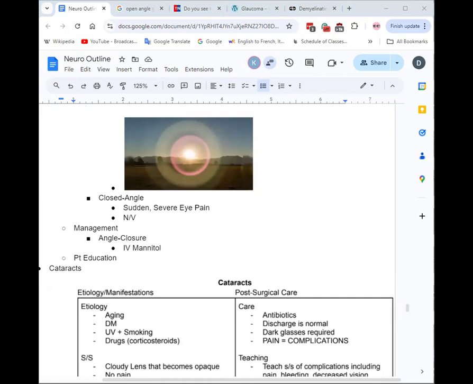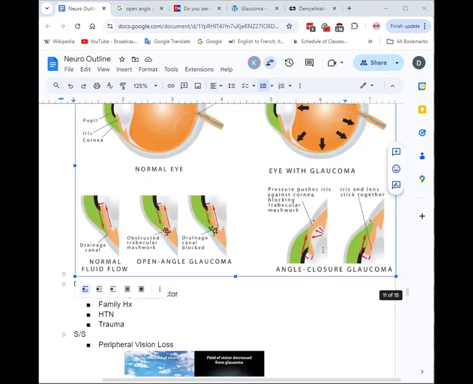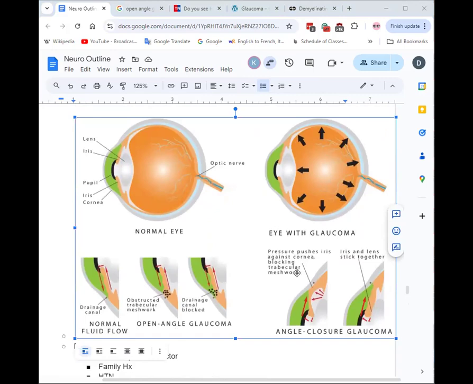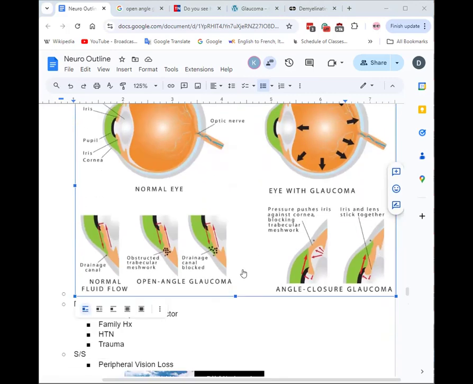They also do a pressure test. Oh, I guess that is the pressure test, but your glaucoma will show an elevated pressure of your eye, which makes sense because that's kind of the whole condition. Basically, glaucoma is eye hypertension. Open angle glaucoma is your atherosclerosis, and your angle closure is your MI, but eye.